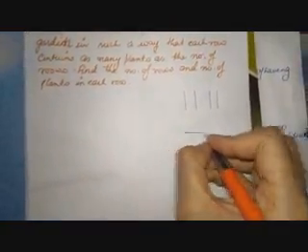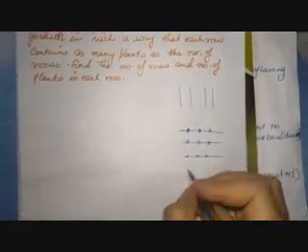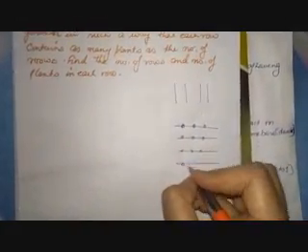This means that if there are 3 rows, the number of plants in each row is 3. If we are having 4 rows, the number of plants in each row will be 4. If we are having 5 rows, the number of plants in each row will be 5. Got it? The planting will be in this pattern. So here the total number of plants is given. All we need to find out is the number of plants in each row.